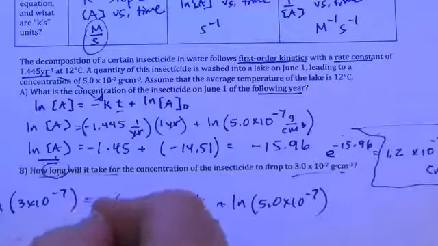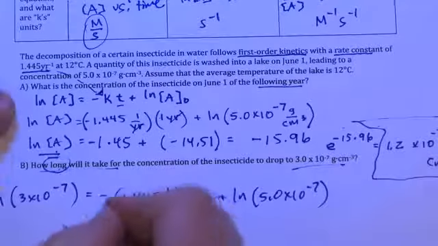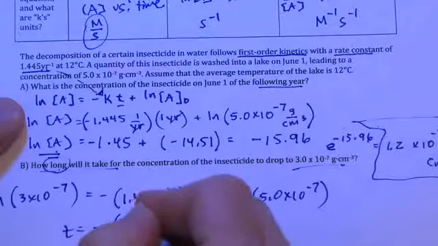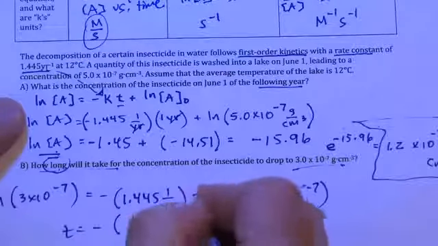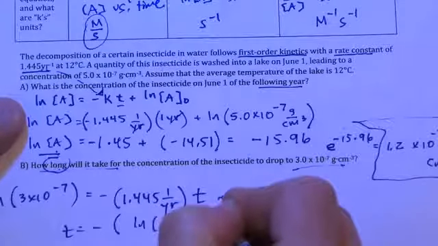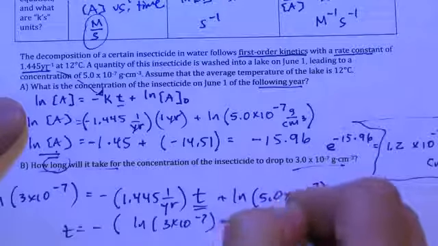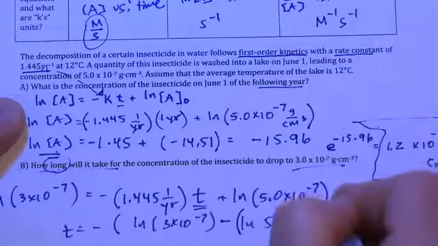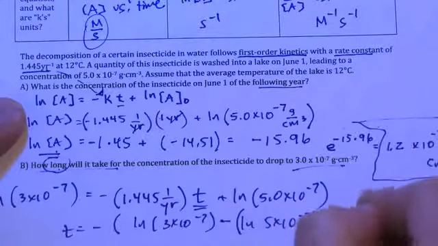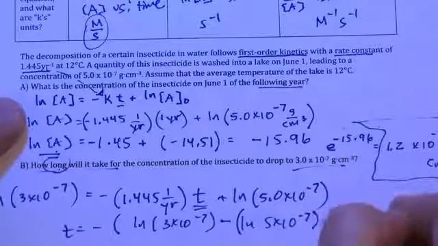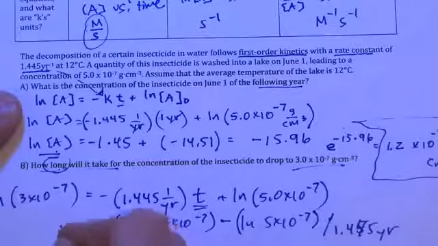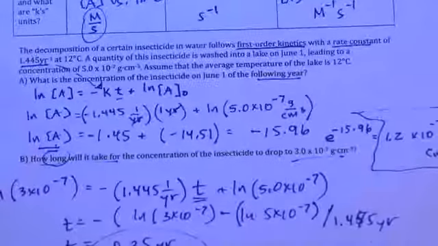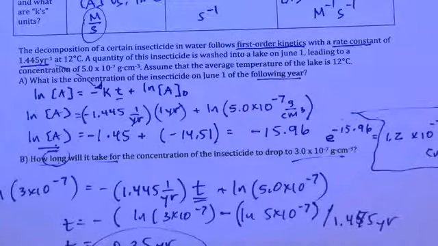Solving this for t, I end up with t is equal to negative times the natural log of 3 times 10 to the negative 7th, minus the natural log of 5 times 10 to the negative 7th, divided by 1.445 years, and then t ends up equaling about 0.35 years, or about a third of a year or so if you plug that into your calculator. This sample problem is on page